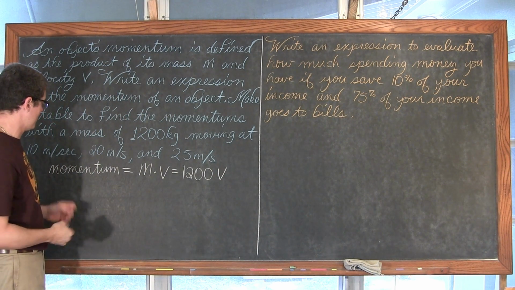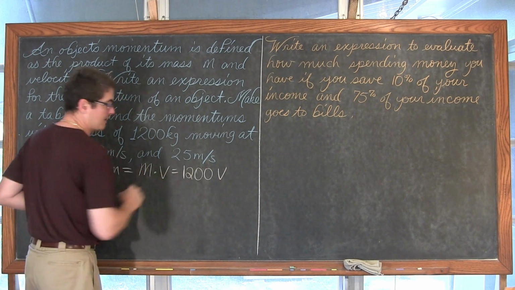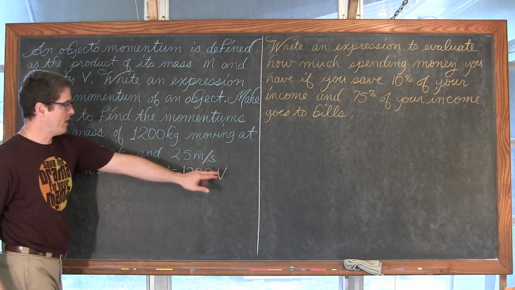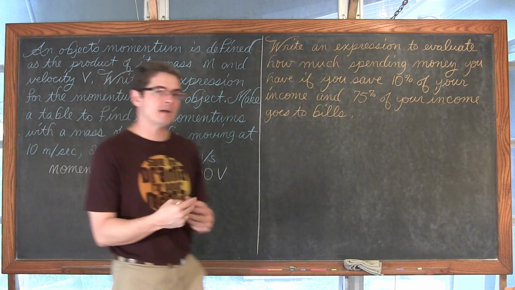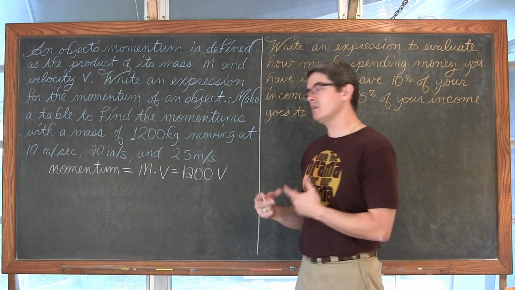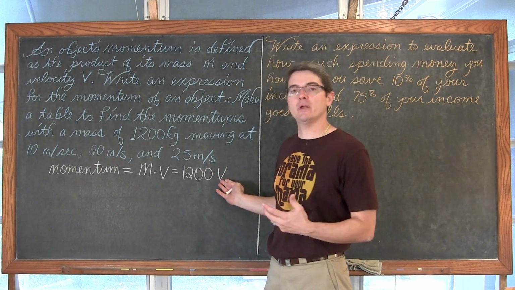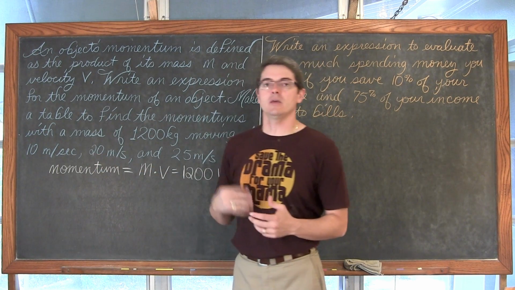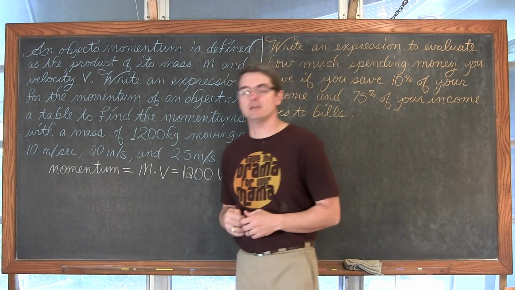So what we really have here is the momentum is equal to 1,200 v. Now we haven't really got an equation yet, so let me just give you a little bit of a preview. We are being given the values of 10, 20, and 25 to act as our different velocities. We're going to later call these our independent variables. And so v is our independent variable, and based on what that value is, we are going to get a calculated value of momentum. So that would be called the dependent variable.